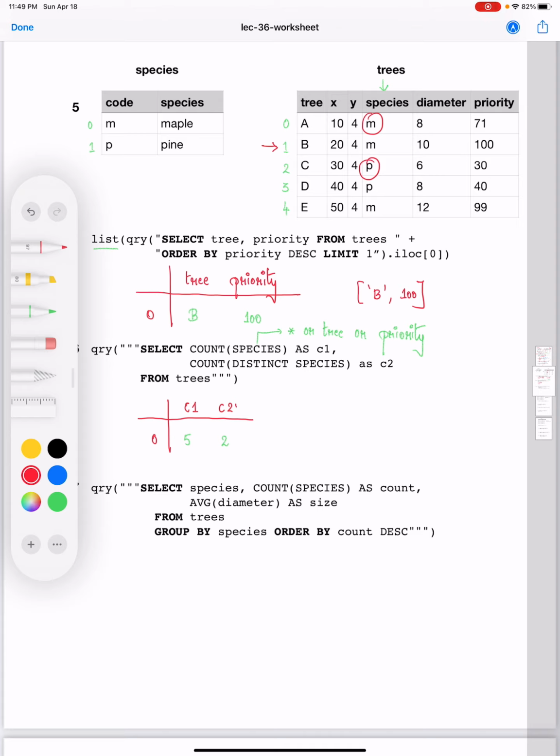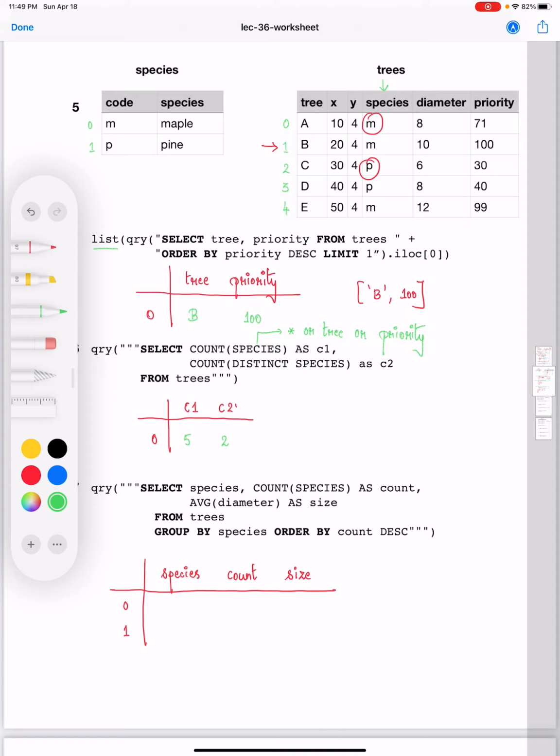Let's write down the columns which we are selecting here. The first column that we are selecting is the species column. Following that, we are using the count aggregate and we are renaming the column as count. So let me write down the count column. Then we are using the AVG aggregate and we are renaming the column as size over here. So let me draw the data frame table. You're going to get 2 rows which have row index of 0 and 1. I'm going to write down the corresponding values here.